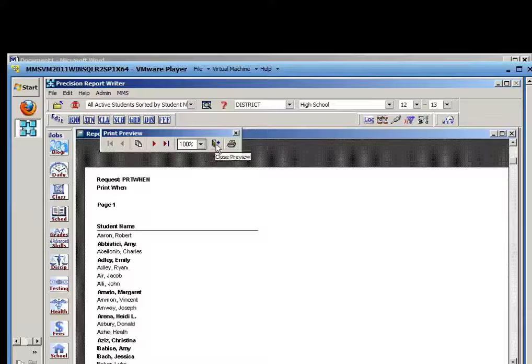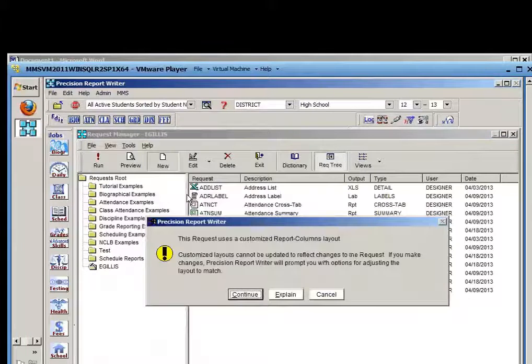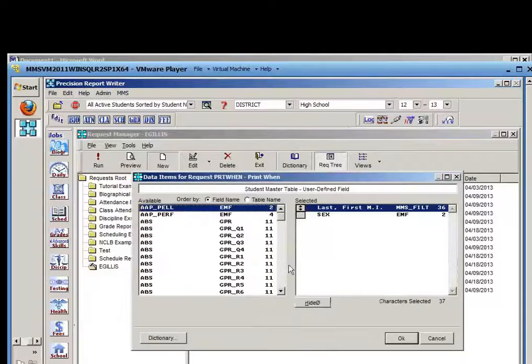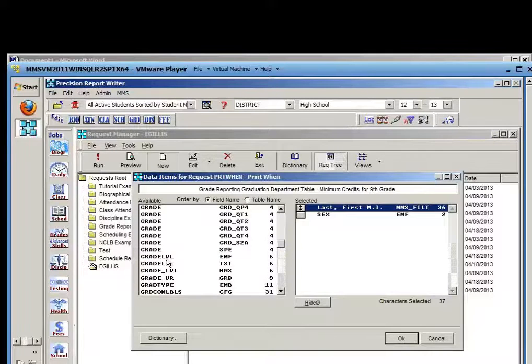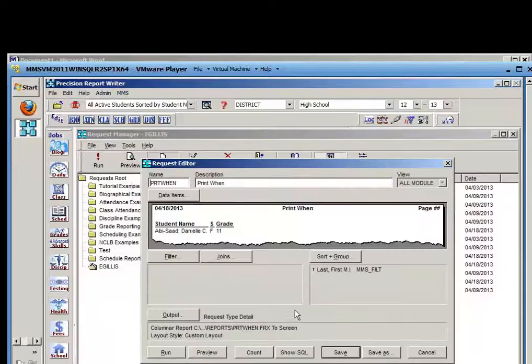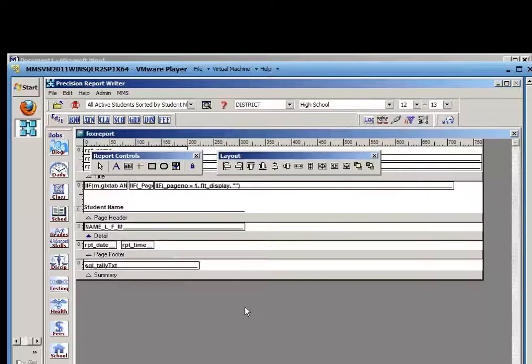So as you can imagine, you could use this same process with things like year of grad or grade level. If you include that data item in the report, you can then do a print when based on that data item. So let's do that. Let's go to the data items and I'll add grade level from the EMF table. I'll keep my custom layout, I'll preview that, and I'm going to go into the layout